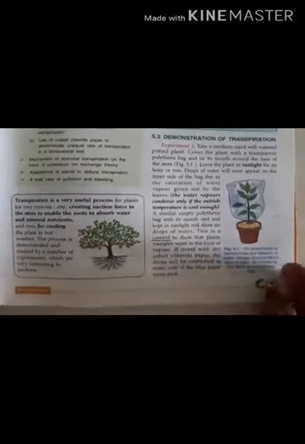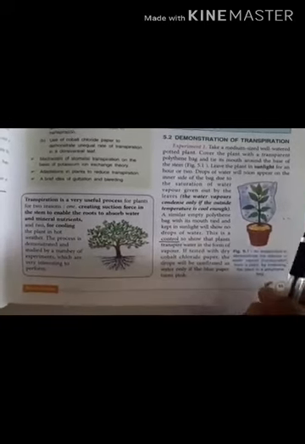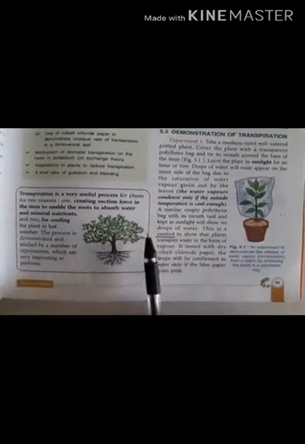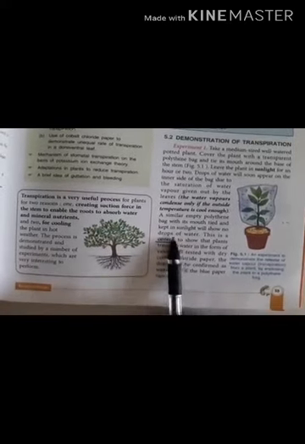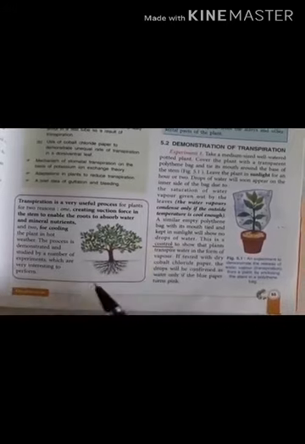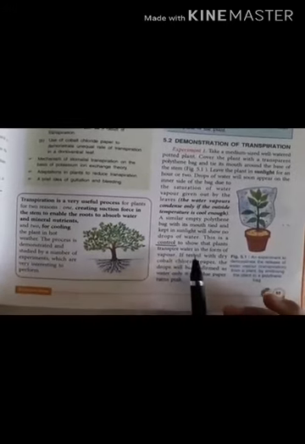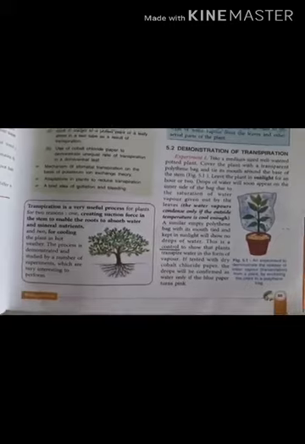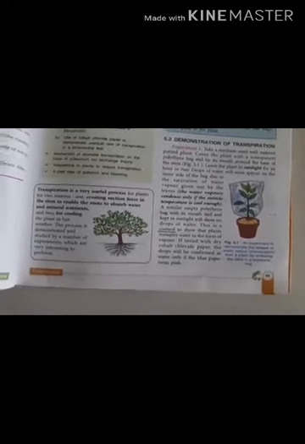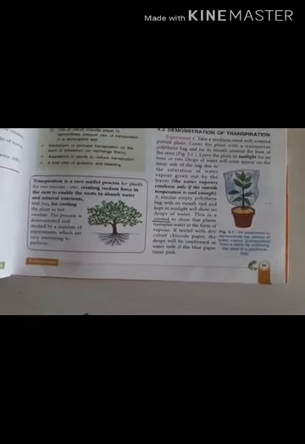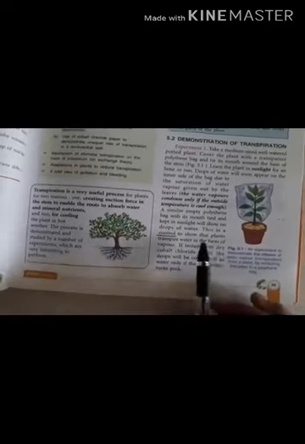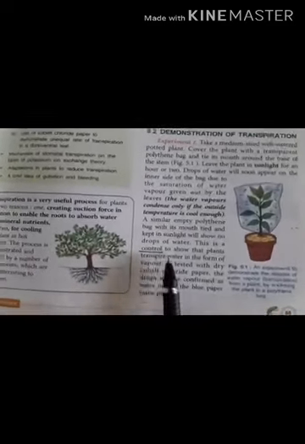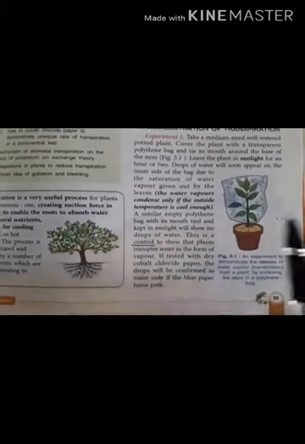Then you take one more polythene bag, simply a polythene bag, tie its mouth and keep it in the sunlight. This will show no droplets of water, and this is a control. Now what is control? You must have seen it in a previous lesson also. Let me tell you, control is a biological term. Basically it provides us a baseline, so it helps us to compare with the other experiments and the other results. The researcher who is doing a research always has a control, just to compare the other experiments.